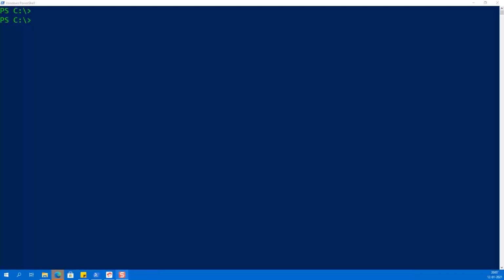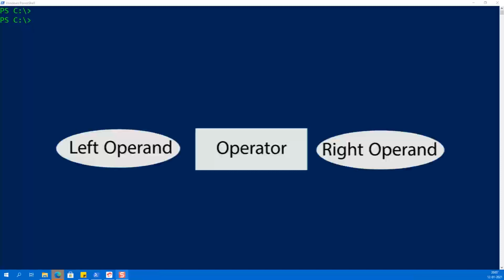Before we see some additional operators in this segment of arithmetic operators, let's understand that operators work with either one value or two values. When they work with one value, they are termed a unary operator. When they work with two values, the left value is called the left operand, and the right one is called the right operand.